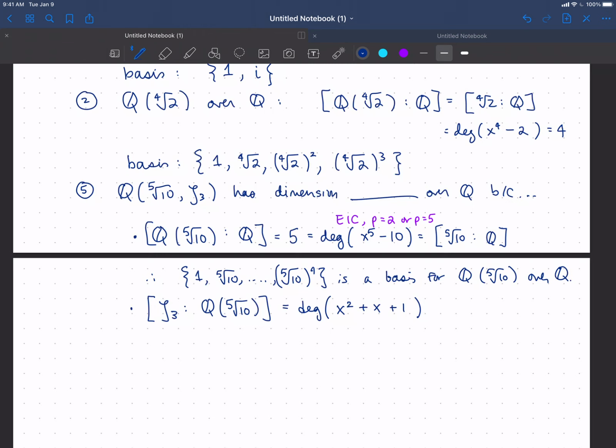We know that zeta 3 is a root of x cubed minus 1, but that polynomial is reducible. It reduces into x minus 1 times x squared plus x plus 1. Since zeta 3 is not 1, it's not a root of x minus 1, so it's got to be a root of this thing. And then we use proposition 8.12 to argue that this is irreducible over Q. Well, it turns out it's irreducible over Q because its roots are zeta 3 and zeta 3 squared, both of which have non-zero imaginary parts, and therefore it's going to be irreducible over Q adjoin anything that's real but not complex. So we can use proposition 8.12 here